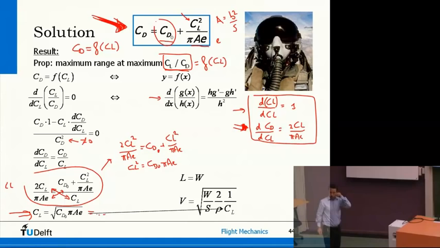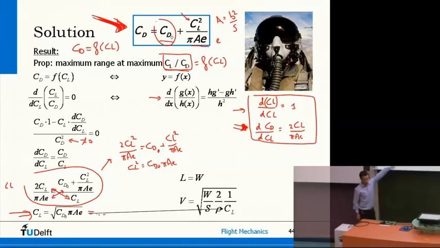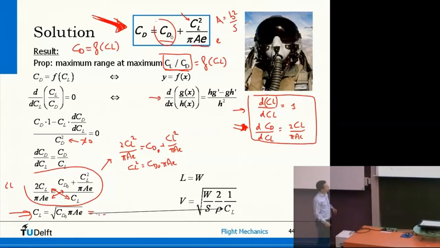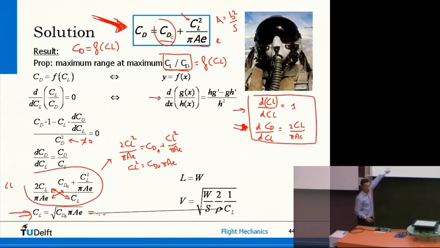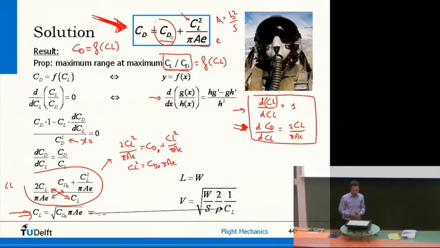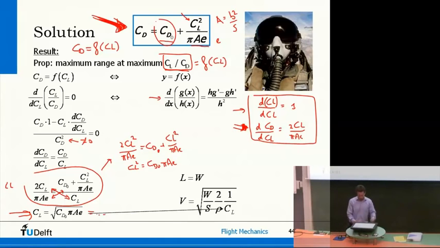So what I would do if I ask you to do this on the exam, I would say, please prove that this here is the case. Then if you don't manage to do the derivation, then you can still work on with this intermediate result and do the actual performance calculations. So this is how you calculate the airspeed. First lift coefficient, then airspeed,